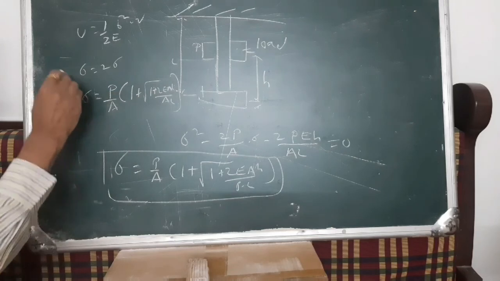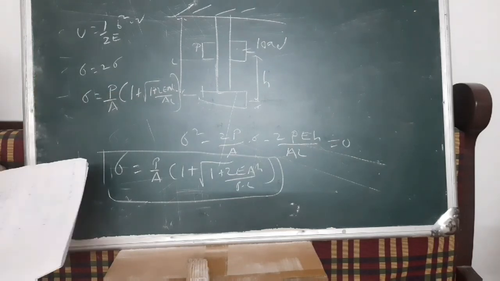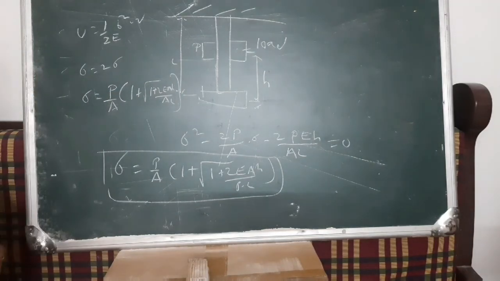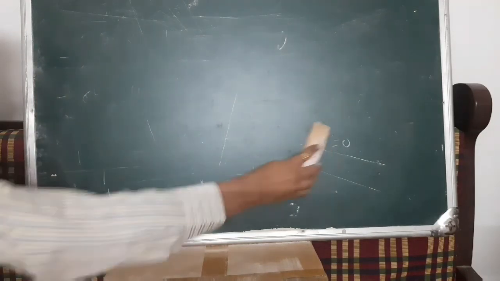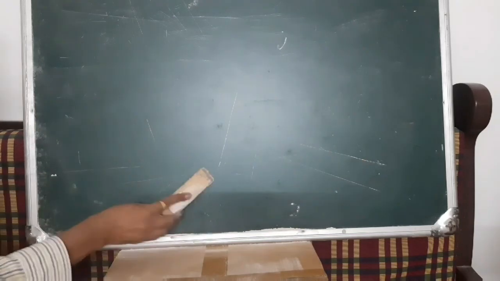So we have to see that these are the formulas that we will be using for solving. We will see a numerical in the next class, and then conclude the first unit. So these are the things that we have to see when we go for the effect of the suddenly applied load and the gradually applied load.